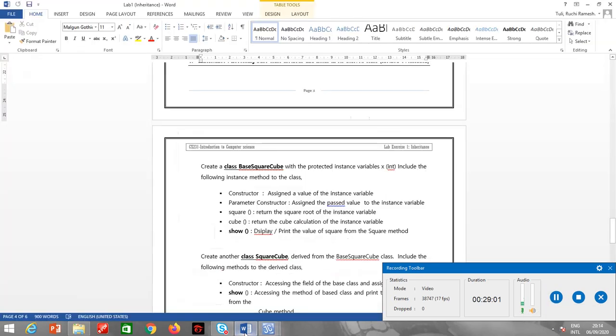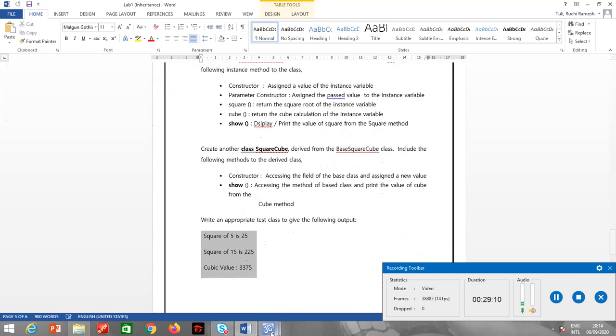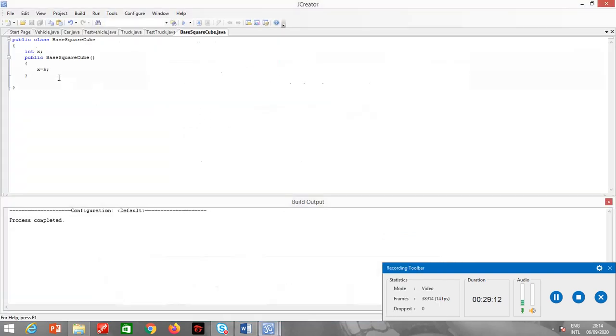Okay, next is I must have the parameterized constructor. Public base square cube, inside maybe int site. x is equals to site.